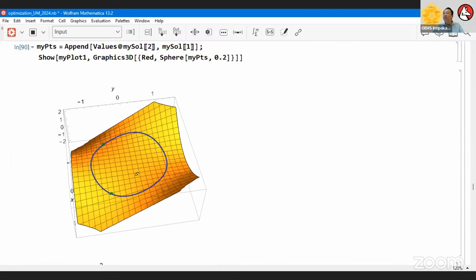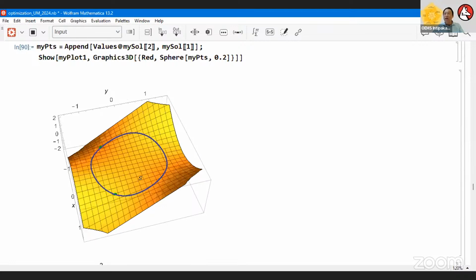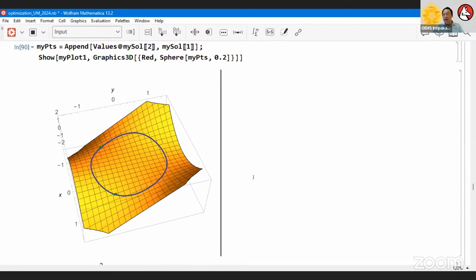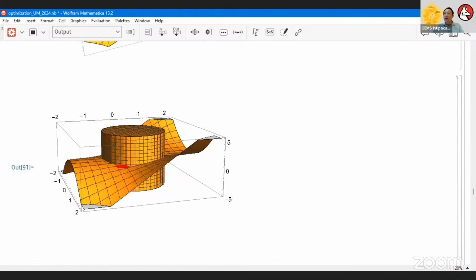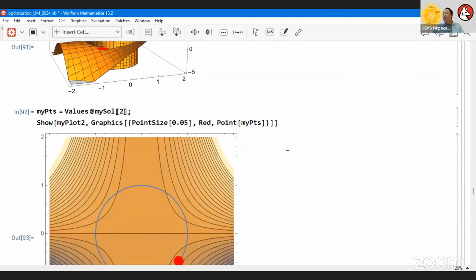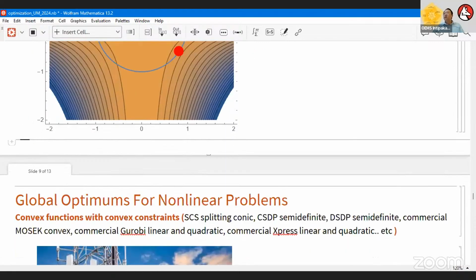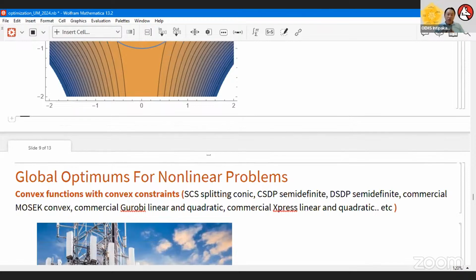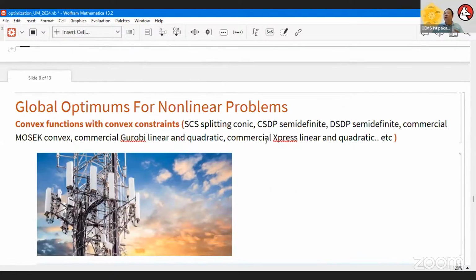If you ask the system to display the equation or the code for you, how does this display come out nicely like that? Yes, of course, you can ask the system to display the code for it. But now I just want to display it as an object so I can demonstrate in my class. It just looks like that. The last thing, I say, show me the control plot. Now it gives me one of the global optima here. This is something we generally do for the engineering and numerical approach. But when it comes to how we handle this particular convex function, convex constraint.